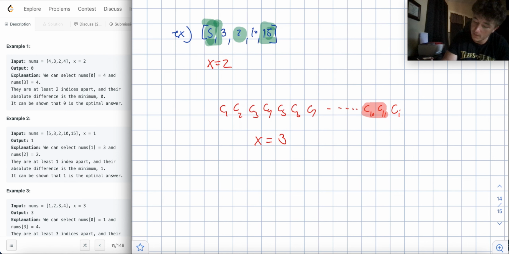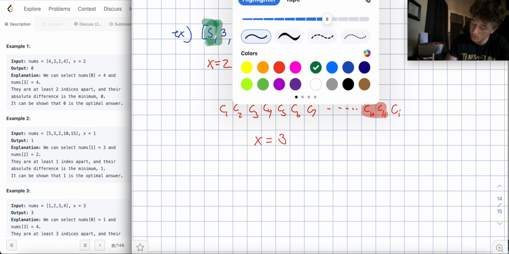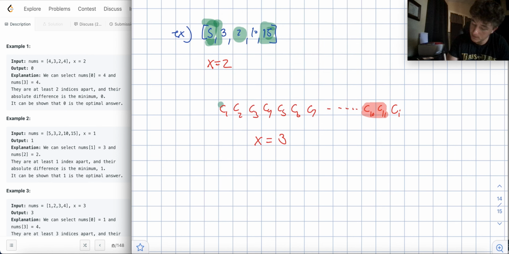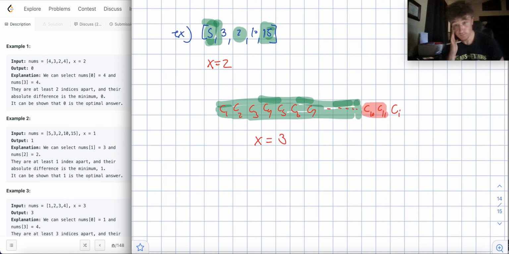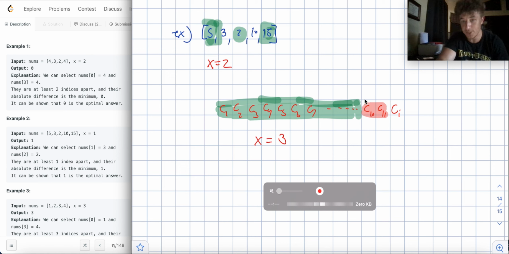So we can only compare it to these elements over here. Meaning the things that Ci can be compared to have to be at least 3 away. So it can't be 1 away or 2 away. It has to be one of these elements. So brute forcingly, I can compare it to each element already. But what if this system